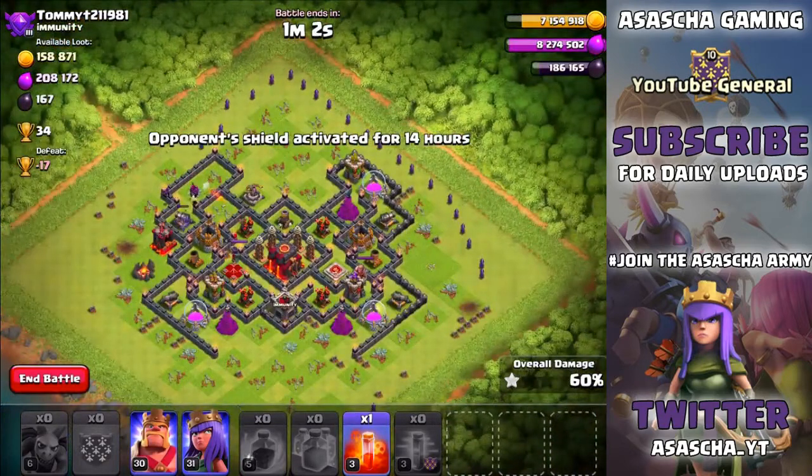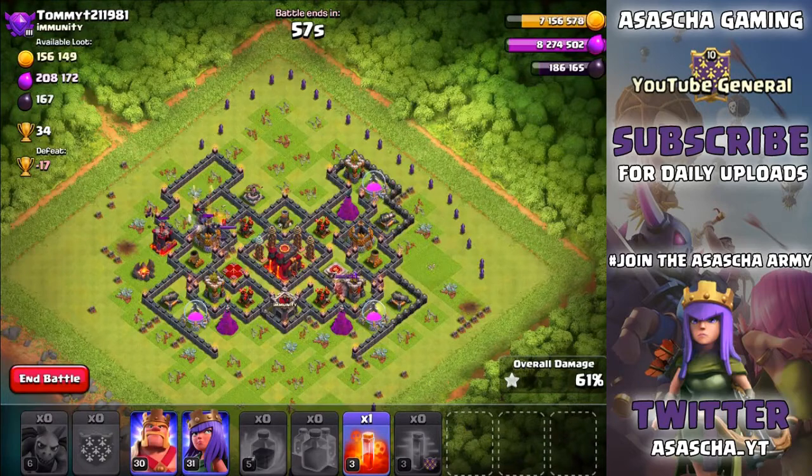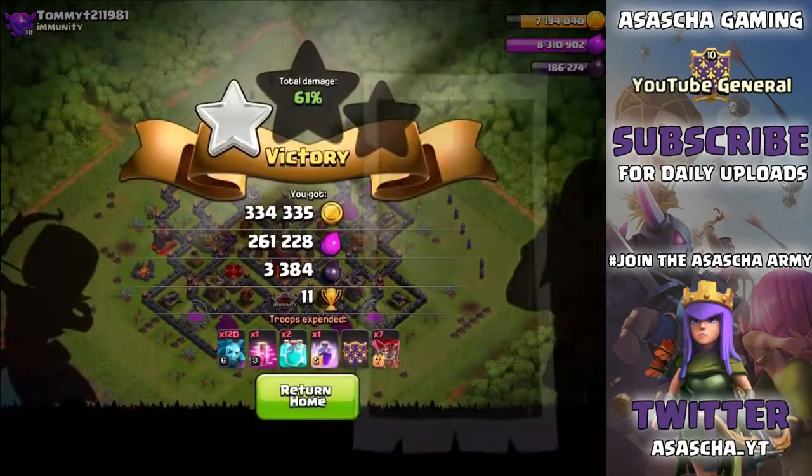So the clone spell, it is actually really useful. It's one of my favorite spells to be honest, because I use it with lavaloonion, and it is so good. You literally clone up all of your balloons, and you get about 7 or 8 more balloons, which is so helpful for your attack. So now we're gonna end the battle because honestly there isn't anything else we can do,